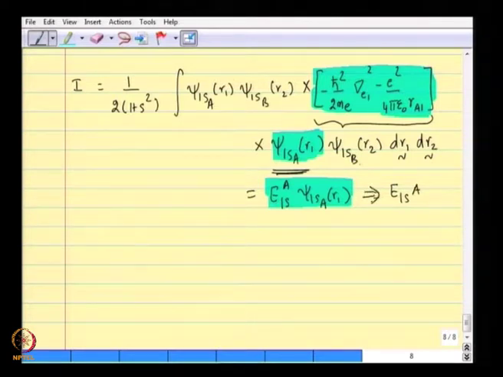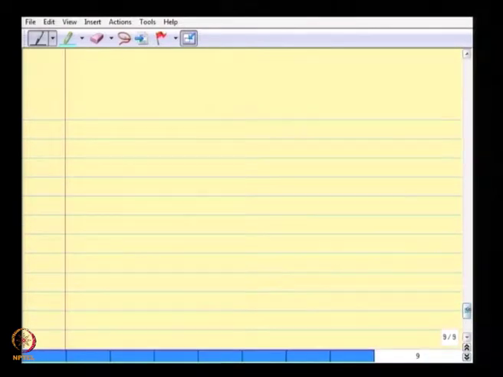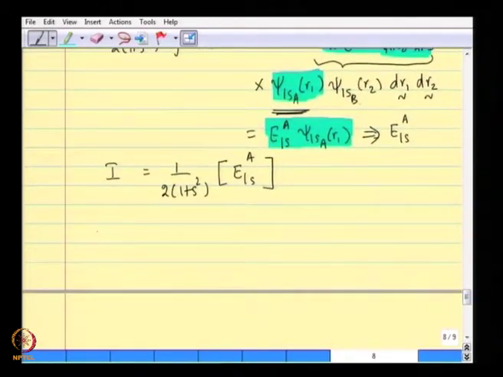Gives the integral gives. So, term 1 is 1 by 2 into 1 plus s square times E1 as A. Sorry, it is not A, we have just a superscript A as we write here. What about the next one? The next term that I would like to look at is, let us call it term 2 for energy,